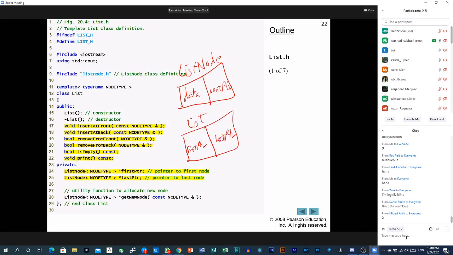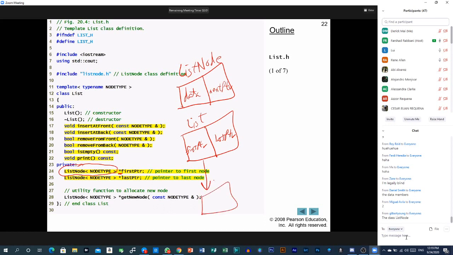And look carefully. What is first PTR? What is last PTR? I know they're pointers. Yes, I know they're pointers. But this is the important part. What type of pointer are they? What can these guys point to? Anything that node type specifies. So be more precise. Yes, but what? Let's say node type is int. List node type. This guy can point to